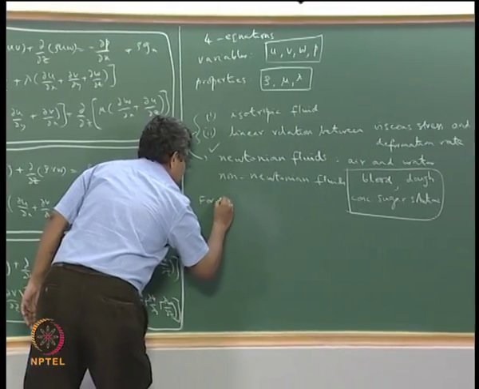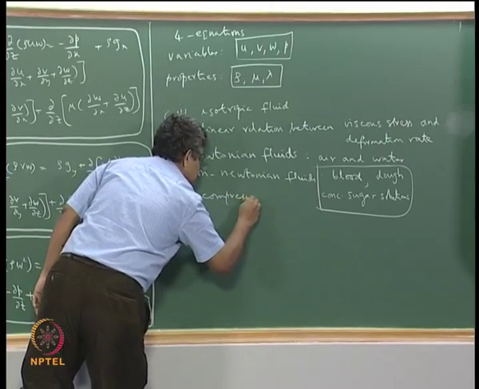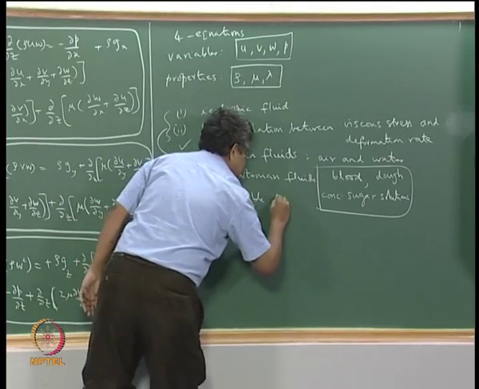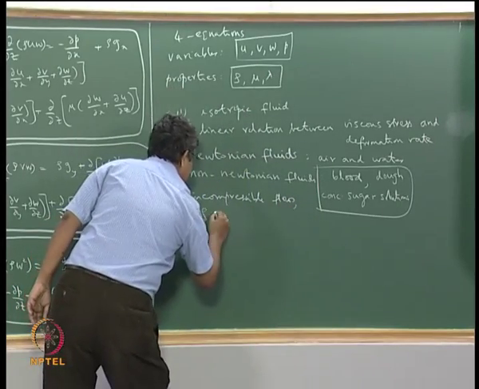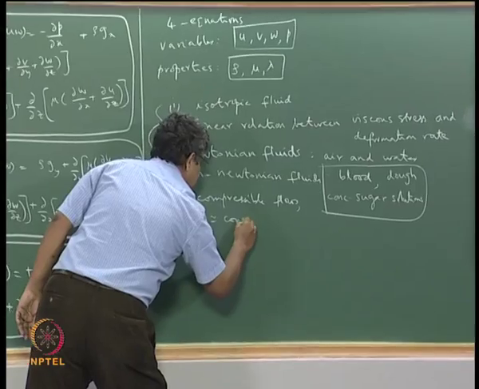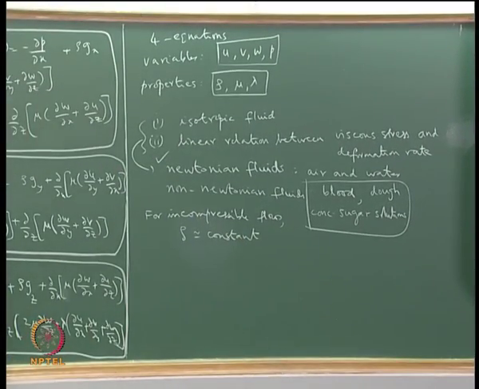For incompressible flows, density can be taken to be constant. It does not vary